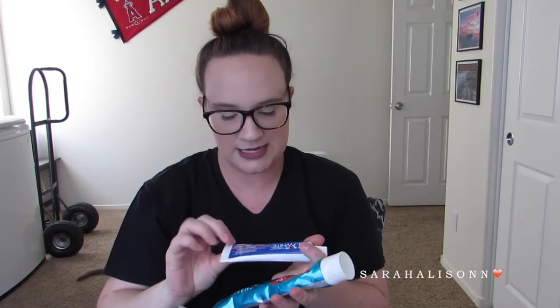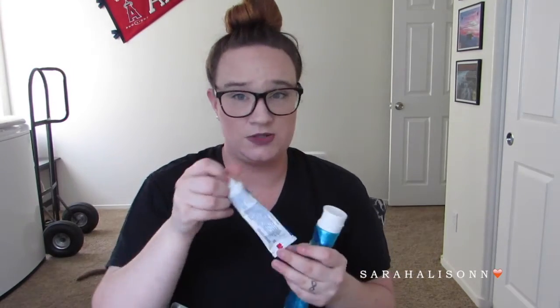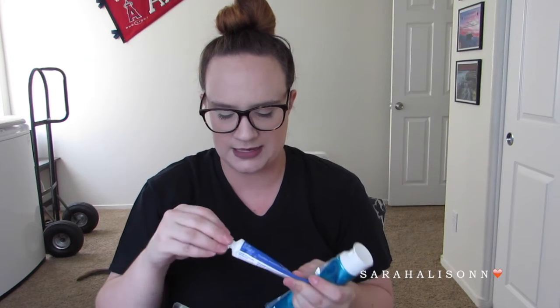Then this one is getting decluttered because it has expired. This was in my little travel case. It is the Crest 3D White Radiant Mint. I used this last year, I do believe, around the holidays, and it's time for it to go because it expired